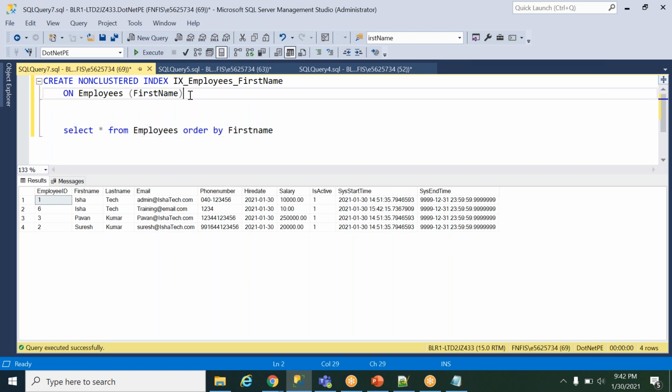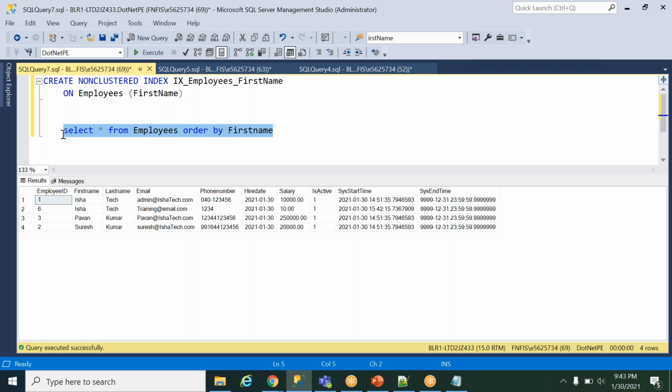That's why I'm creating one more index. So when I'm creating the index on this column, SQL Server will keep the data in a particular order. It will keep it ready, in memory, for our next execution. So if the index is already there, it will retrieve the data very fast, because we have already set the data in a particular order, so the records will be retrieved very fast. Any questions or any confusion?